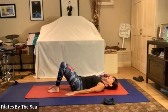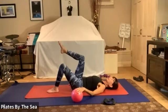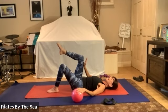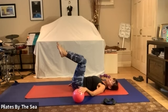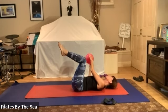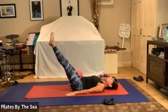I'm going to bring my knees into tabletop. First, my right leg. Tabletop is a 90-degree angle, so it's as if your body is a straight back chair. Then bring the other leg into tabletop and glue the legs together. We're going to do our hundreds. We're going to do 50 with our legs in this position and 50, stretch your legs out to feel the